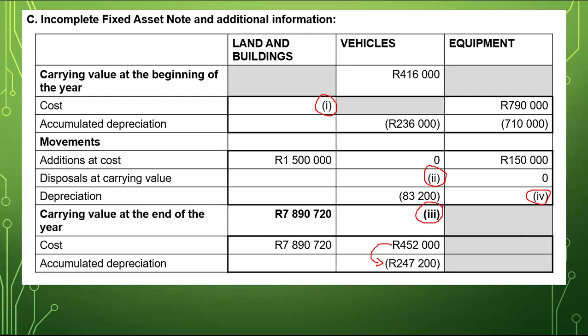But I think it's also straightforward because, if this is X, when you take that X and you add it with 1,500,000, it should give you cost at the end. That is because for land and building, there's no depreciation. You just look at the cost and you will notice that during the year, there was land and building purchase. According to this, I haven't even read the statements yet. And if I was to calculate X, I will just say X plus that 1.5 million